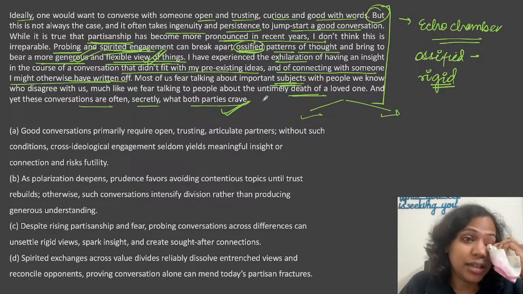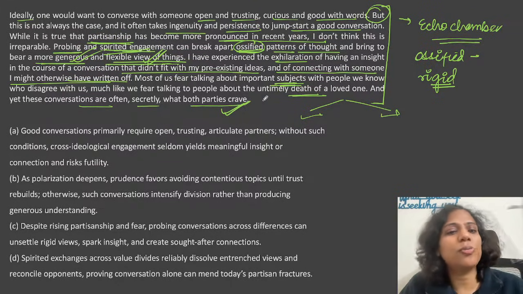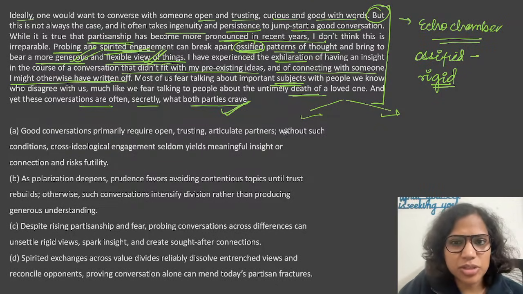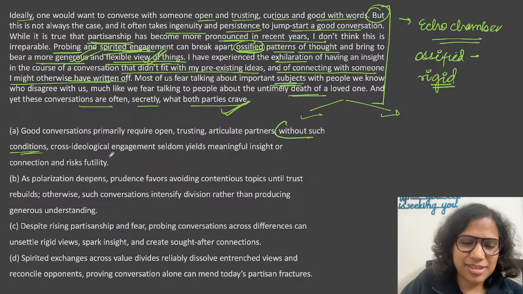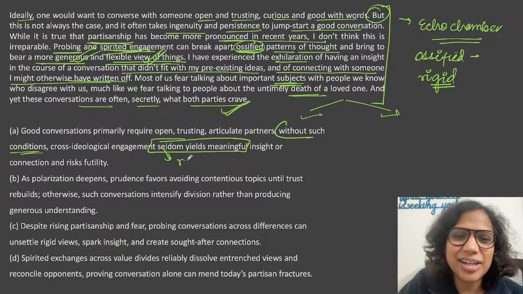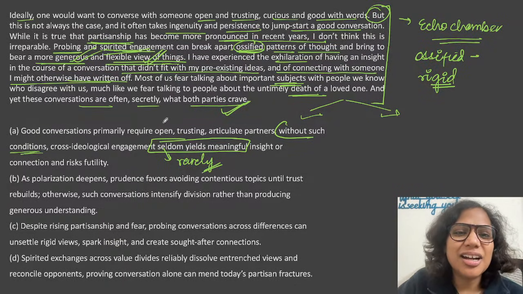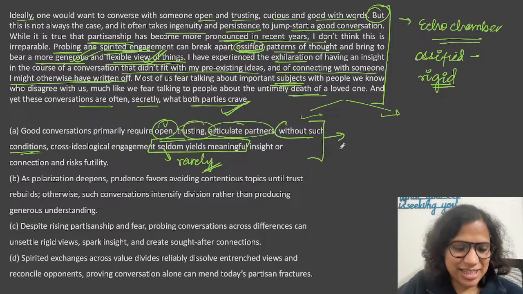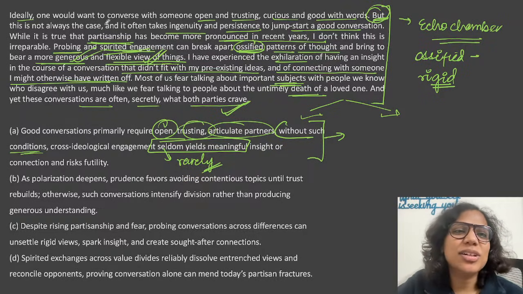ओके, and now let's look at the options. A says good conversations primarily require open, trusting and articulate partners. Without such conditions, it says engagement seldom yields meaningful insight. seldom होगी ही नहीं, बहुत रेयरली मीनिंगफुल इंसाइट आएगी अगर आपका जो पार्टनर है जिससे आप बात कर रहे हो वो ओपन, ट्रस्टिंग और आर्टिकुलेट नहीं है. क्या ये ऑथर का स्टैंस है? नो. ऑथर कह रहा है ये तो हमेशा नहीं होगा ना कि आपको ऐसा ही पर्सन मिले बात करने के